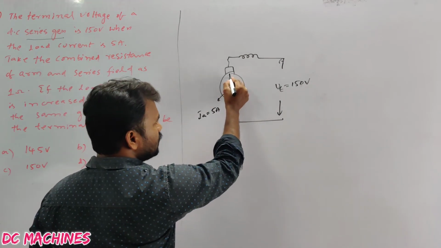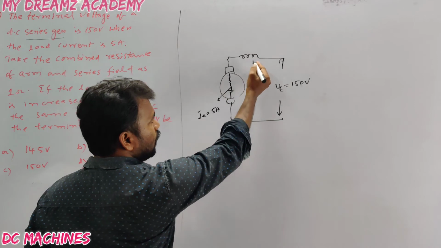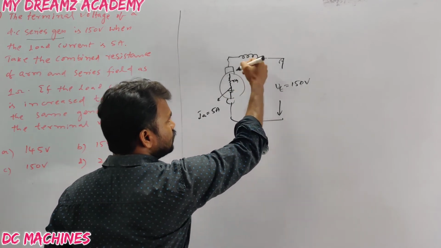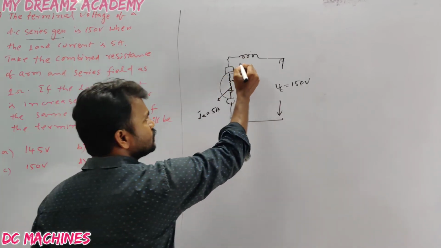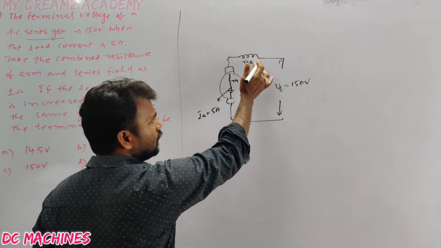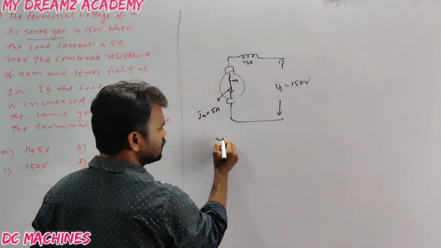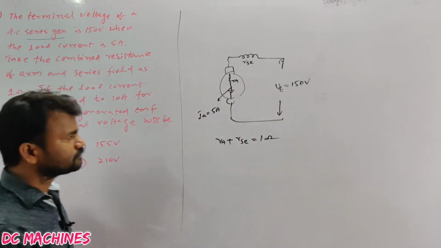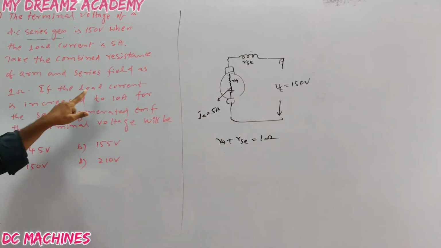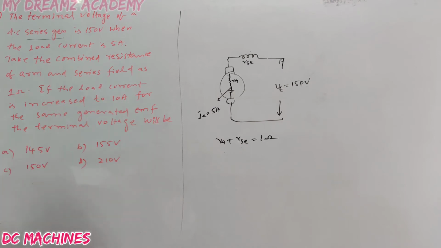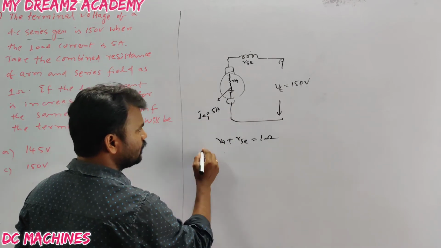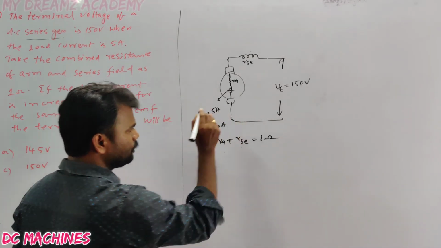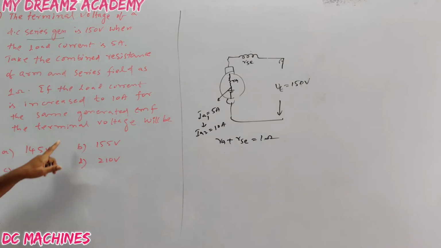In the DC series generator, the series field winding resistance and armature winding resistance are connected in series, so their combination, Ra plus Rse, is equal to 1 ohm. If the load current is increased to 10 amperes,